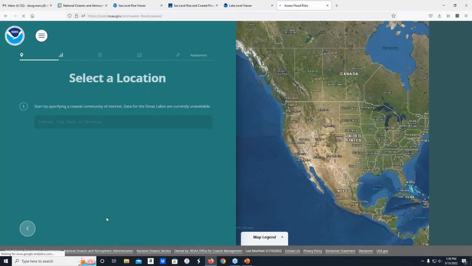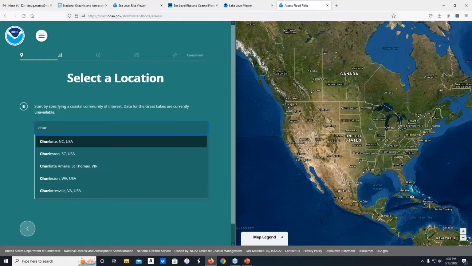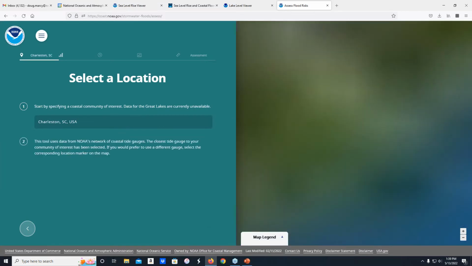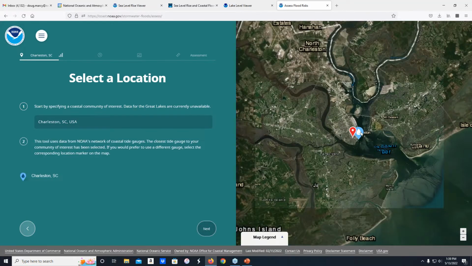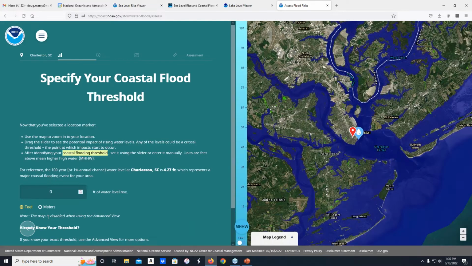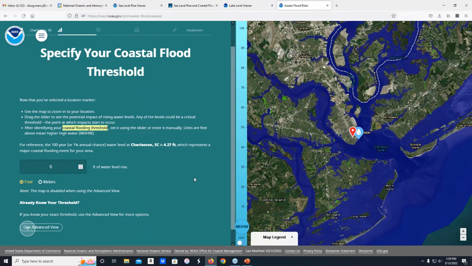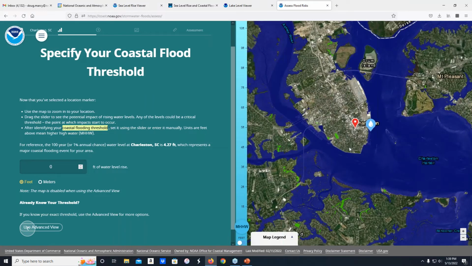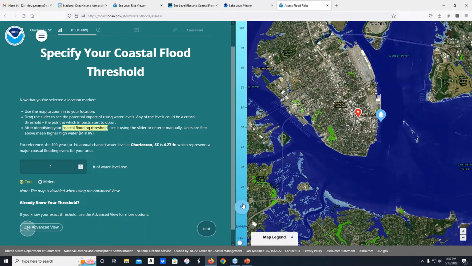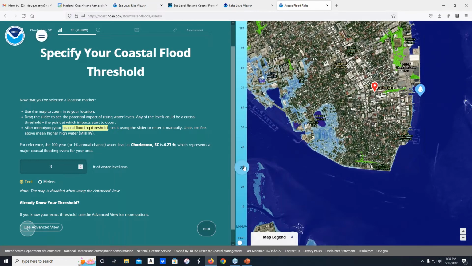If I do Charleston again, it selects the closest tide gauge. Then I can put in what water level, what is my threshold that I'm worried about. I can use the map, and I see that the seawall here could be breached somewhere between 1 and 2 feet. So I use 2 feet as my threshold.